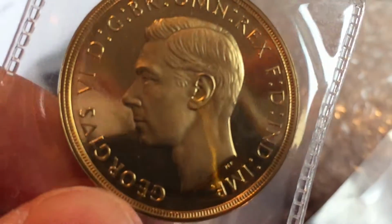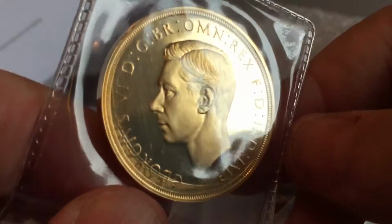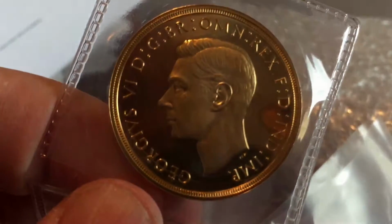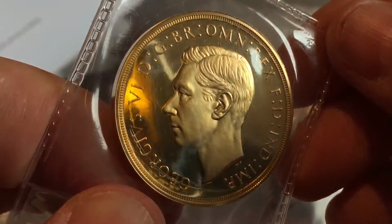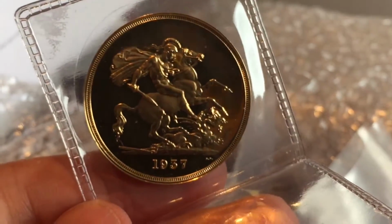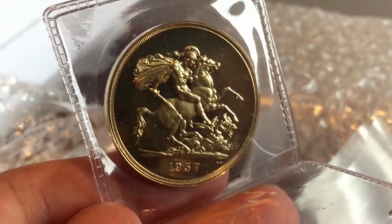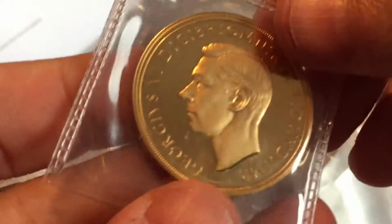So if they're more common than the George V ones, why are they more expensive? I think that really is accounted for by the fact that the only British gold coin with George VI's portrait on, and there were a few, I think, in Canada as well, was the specimen sovereigns. And that's not to say that there were no other sovereigns in his reign, because there were hundreds of thousands of bullion sovereigns produced in George VI's reign, but they are all dated 1925, and they all have George V's head on. They used exactly the same dies, and they didn't create bullion sovereigns at all with George VI's portrait on,